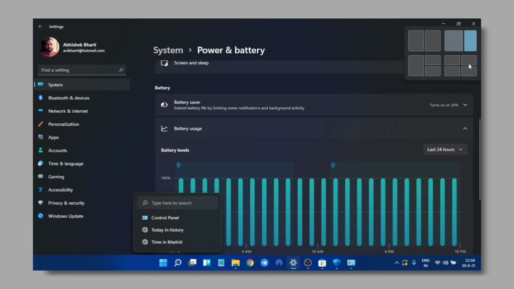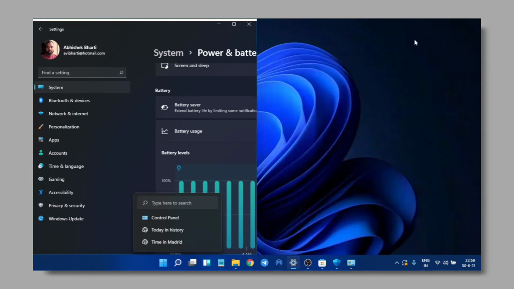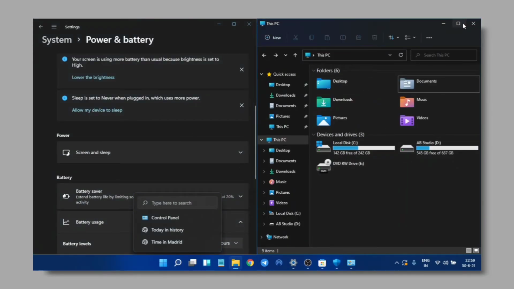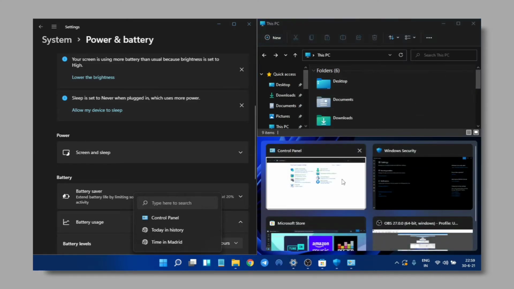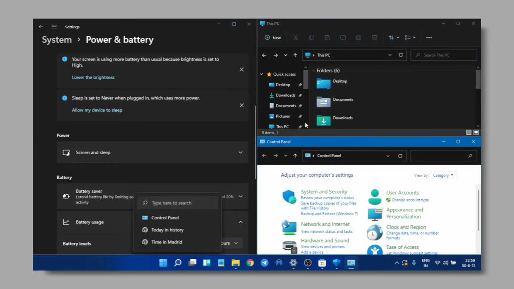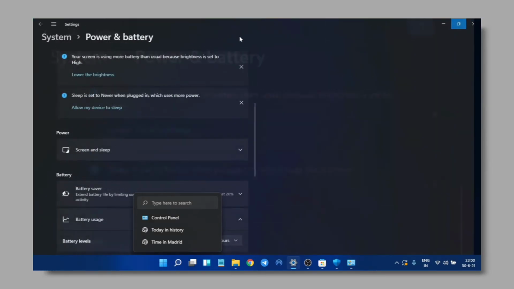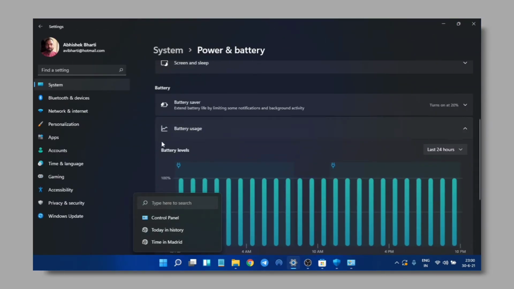You can also see this quick option, the quick way. So if I click this one and choose maybe say file explorer, use it like this, or if I want to use it as 3 apps together, I can do that as well. Previously only people who knew the shortcut could use this feature, but now everyone can use it, so that's pretty awesome. Okay, you can also notice the subtle change in color from the background.